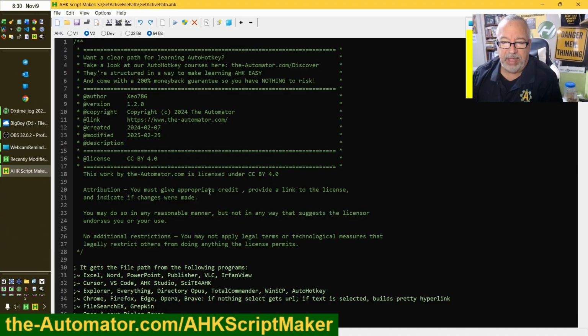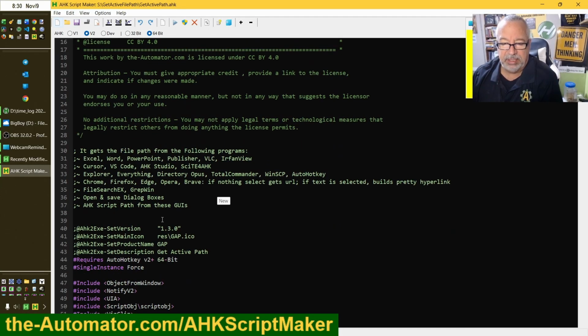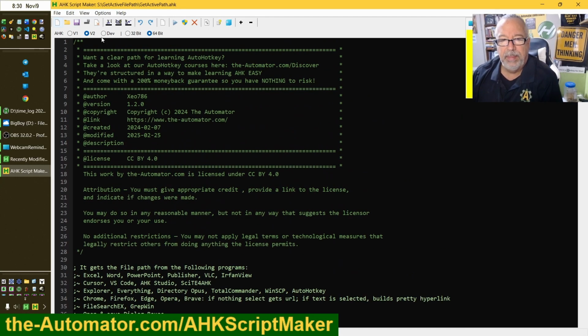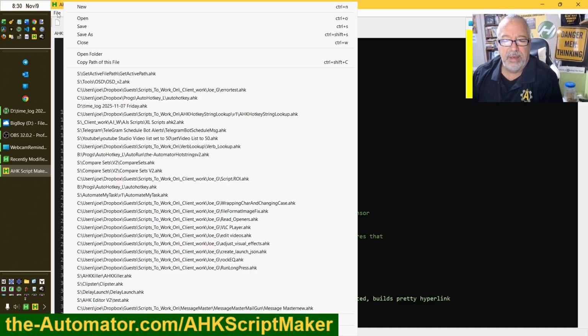Also, when you drag a file in, if it has a requires, it will switch to that version for you, which is cool. But I can also say, hey, I want to run this in dev, or I want to run this in V1, which would be horrible because it's a V2 script. But it allows you to do the switch, or you can switch your bitness. Lots of cool functions. Now here, this is my list of previous files, and this is where we're going to